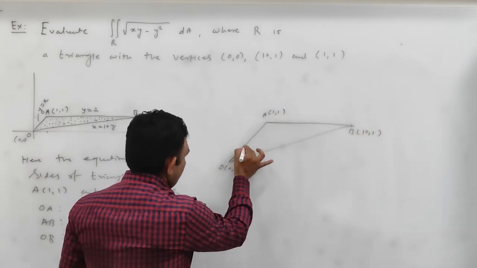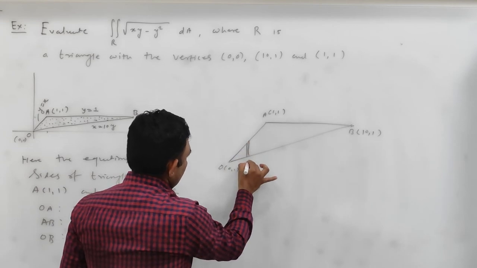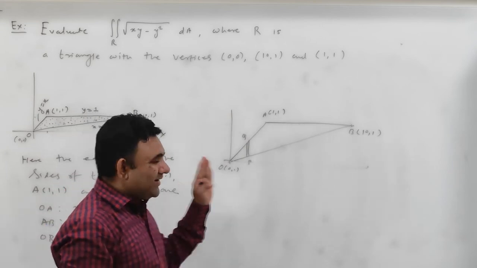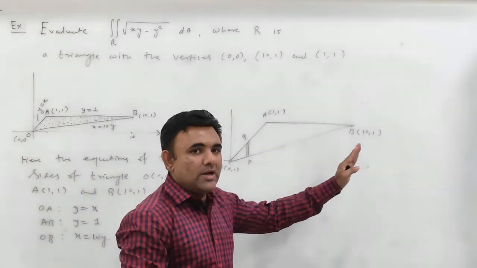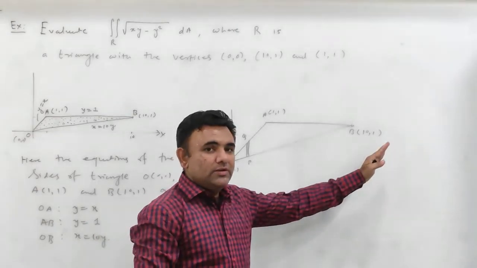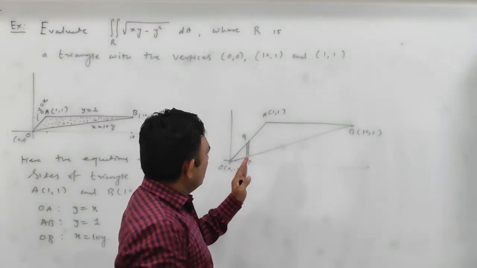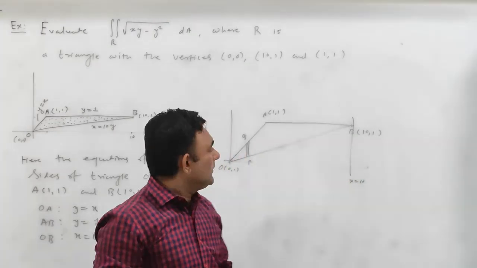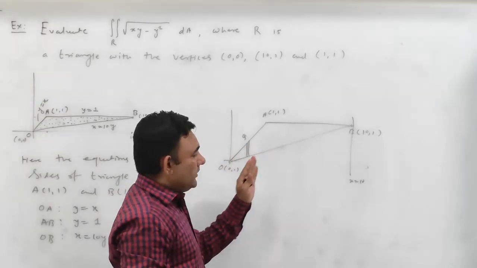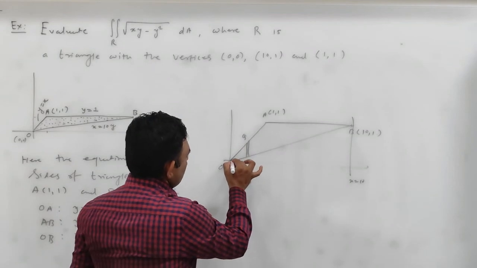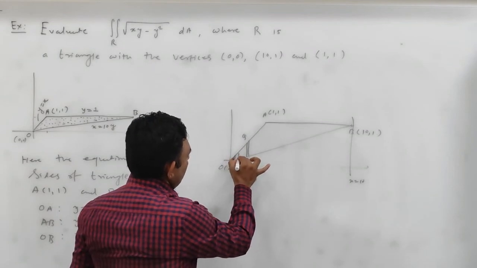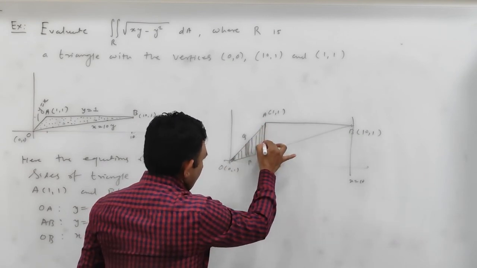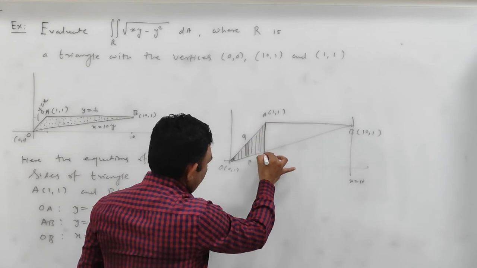So if I consider a vertical strip, say this is my vertical strip PQ, then I have to move this strip horizontally. So from here to here, x is equal to 10, up to x equal to 10. When I move this strip, its initial position will be here, then it will come here, here, here. So you can see in this way. Now this is my critical point,